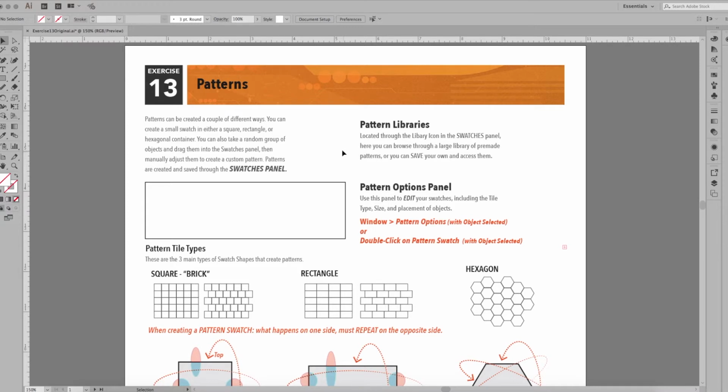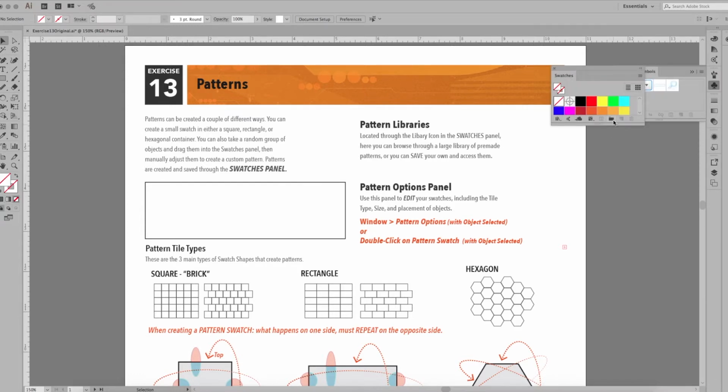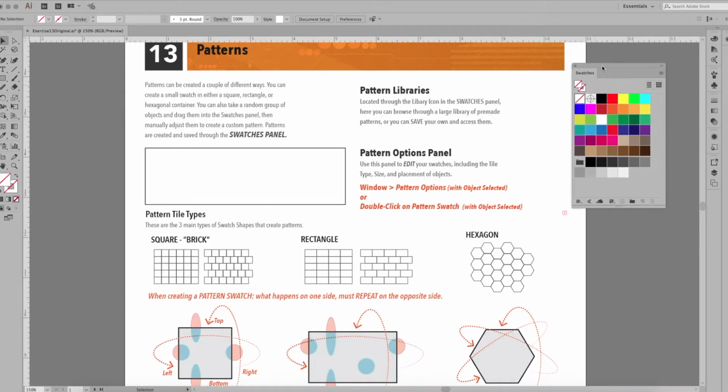All of the patterns that we create, save, and bring up are going to be done through the swatches panel. So let's make sure to have the swatches panel open. I'll go ahead and pull that out. Before we dive into making patterns, I just want to draw your attention to the fact that we have a large library of patterns to choose from here in Illustrator. So I'm going to click on this rectangular shape here and browse through some different patterns